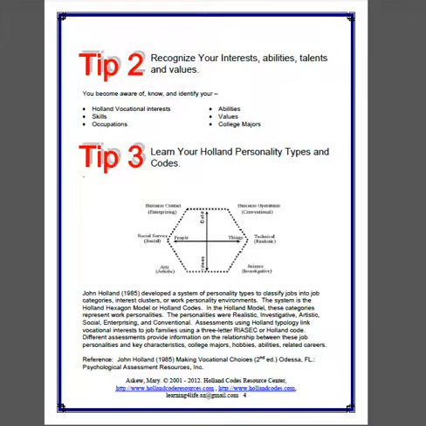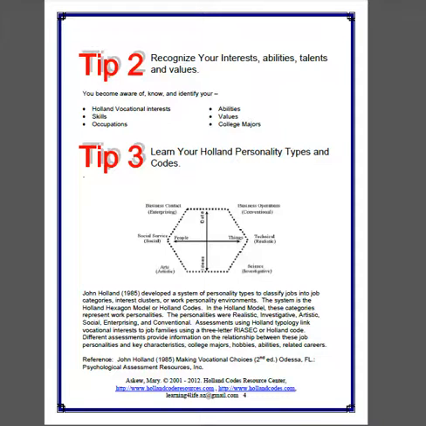The hexagon is showing you the Holland codes. Around the edge of the hexagon are the words realistic, investigative, artistic, social, enterprising, and conventional. Those are the 6 Holland codes. In the middle, you will see a cross, and in that cross will be the words ideas, people, data, and